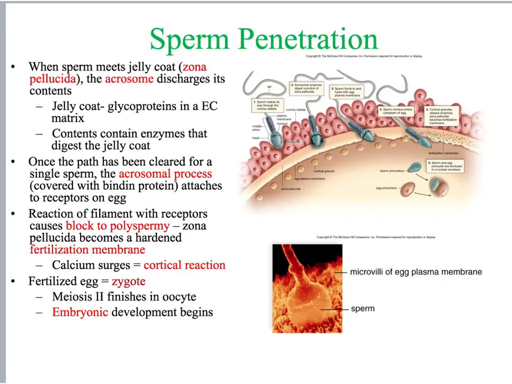Now, this is a great name for it. This block to polyspermy means that once you have this hardened shell with no receptors for another sperm to bind, only one sperm and one sperm only, the one in the right place at the right time, the first one, actually gets in and goes on to fertilize the egg. So this hardened membrane is called a fertilization membrane. We now have fertilization, right? So what happens next is that the sperm's cytoplasmic contents enter the oocyte, and the sperm loses its plasma membrane.